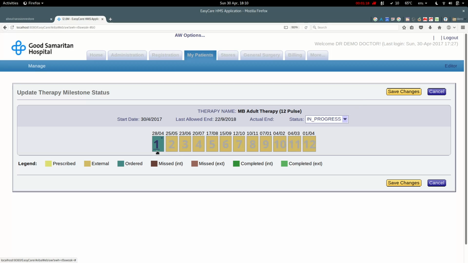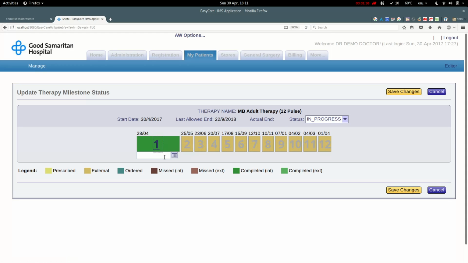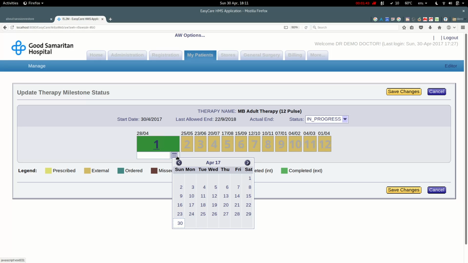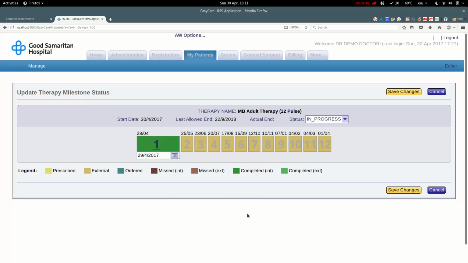an update will now show up as a hyperlink. That's the underline, and by clicking on that you'd be able to mark this particular pulse as having been missed by the patient or having been completed. So if the patient completed the medication in time, choose move to completed, and now you'll have to choose a date on which that pulse was completed. By asking the patient, you might be able to ascertain that it finished yesterday. Okay. Now once that is done, just save changes,